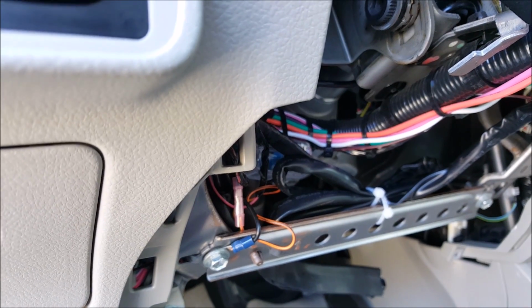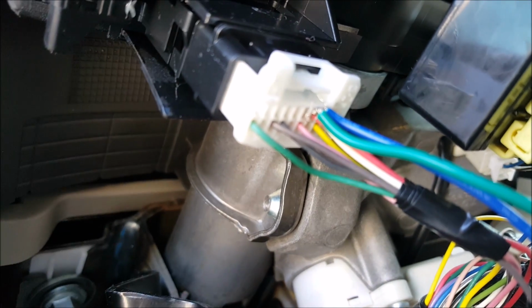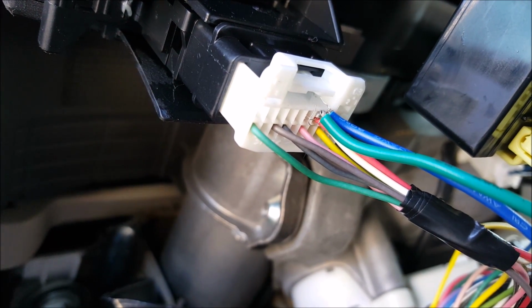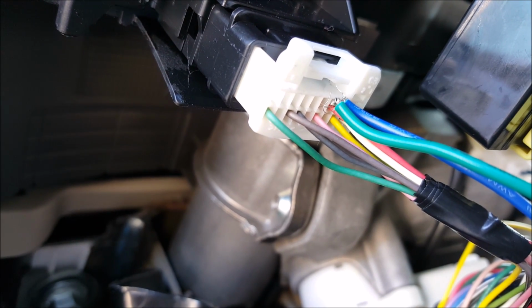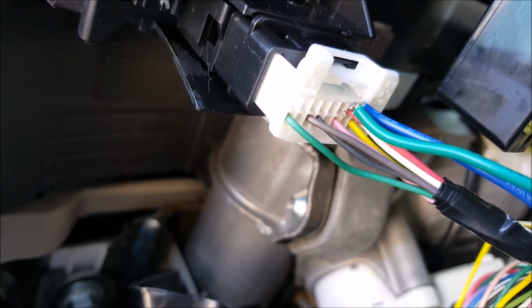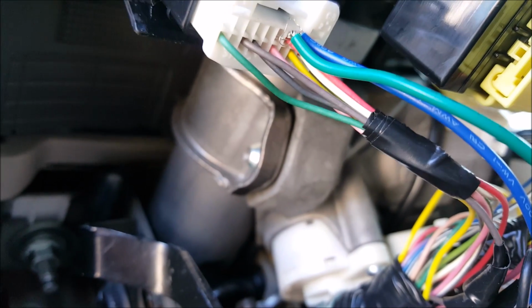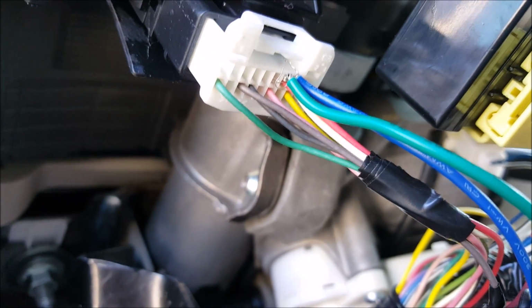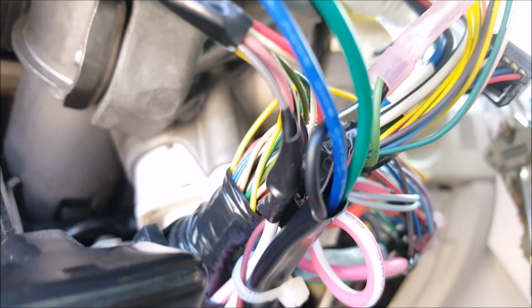As you can hear, my car is running and I'm not on fire. Nothing's blown up yet. So as I mentioned earlier, I was not going to do the black wire connection between the two, but instead I just inserted the green into the red, the blue into the white, just like that. I know it's kind of messy, but I will clean that up later, hopefully, so that it looks better. If not, I might have to do a lot of trial and error to get back to working. I tucked the black wire back in